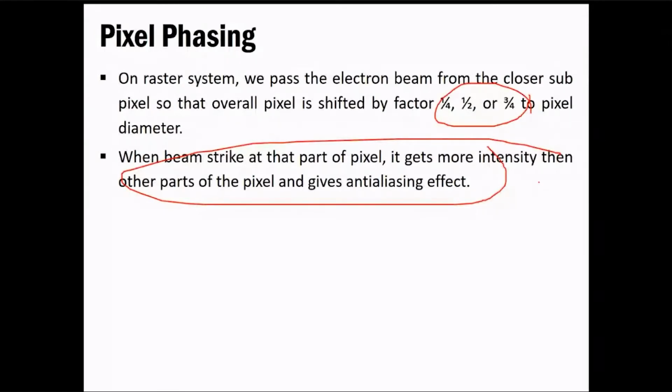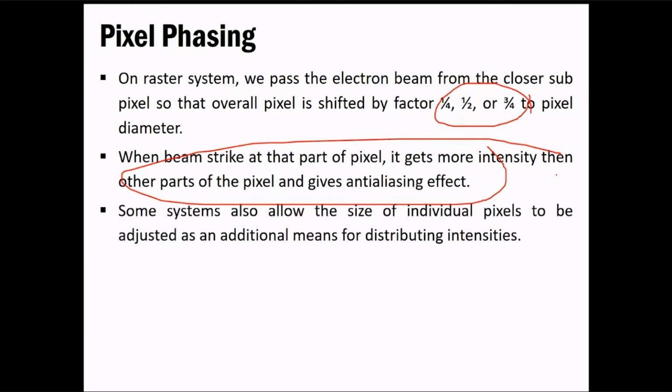Instead of the rounded off values, if you are dealing with an intensity of 0.6, you'd get a very good effect compared to the previous one. So that is what it says. You strike or focus your beam on that part of a pixel instead of the whole pixel. Each pixel would be carrying some values, so that is one thing you need to know.